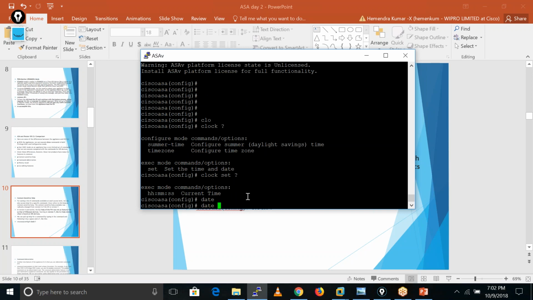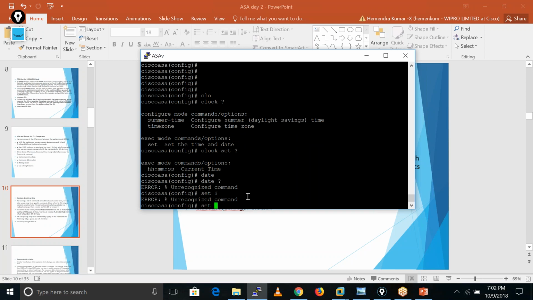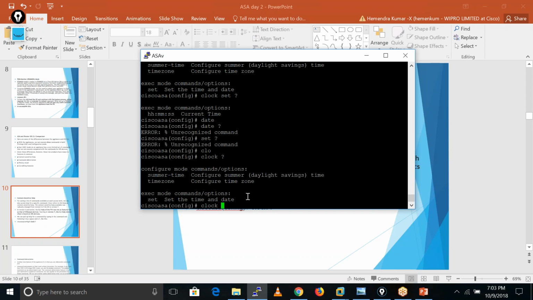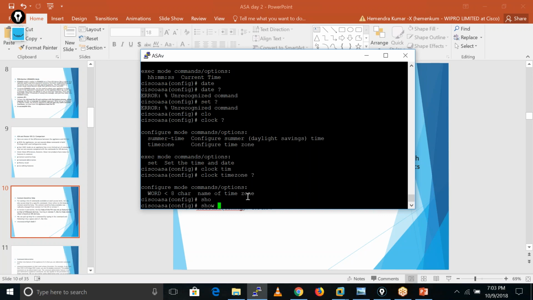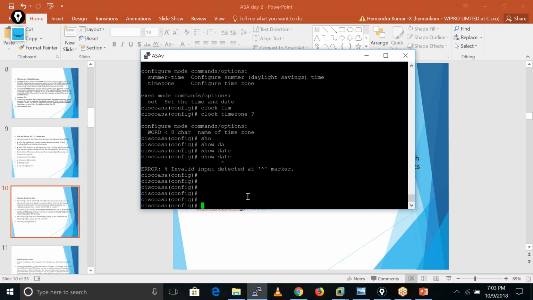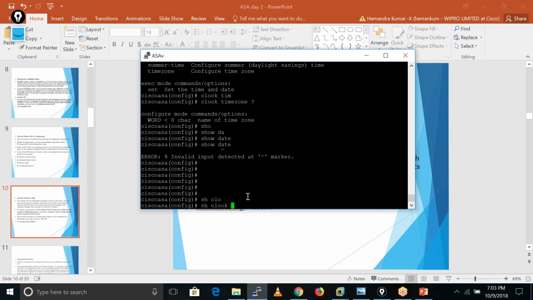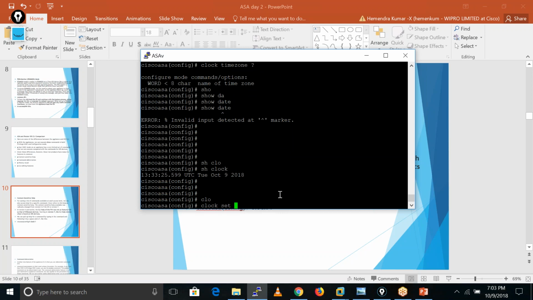If I want to set the date, maybe there is a time zone. Not this one. It is not taking. I know, it's clock. I hope by using clock we can set this. Clock set.